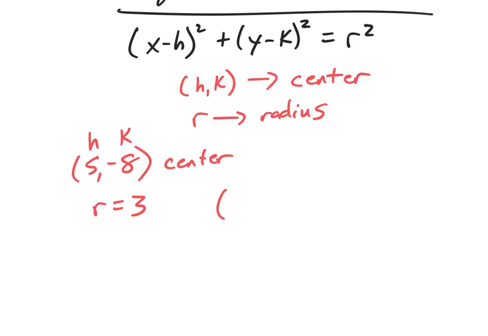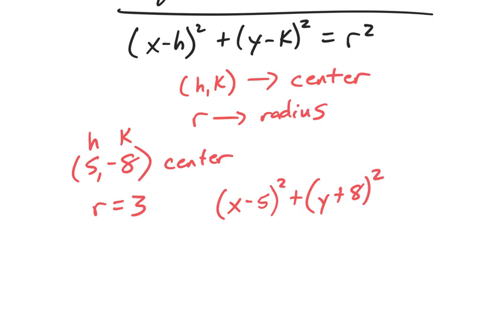So we're going to go, x is going to stay x minus h. Well, h is 5. Okay, so we're going to go x minus 5 squared. And then we're going to go y minus -8. And that would be y plus 8